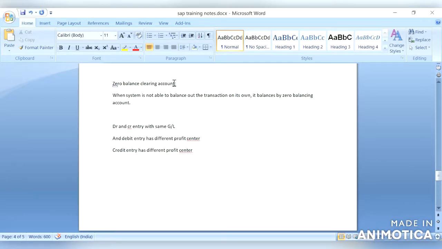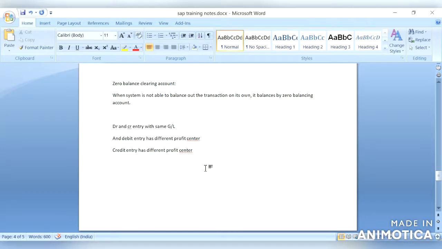So this zero balance clearing account, if we have a debit entry with different profit center and credit entry with different profit center, we have only a single line item.